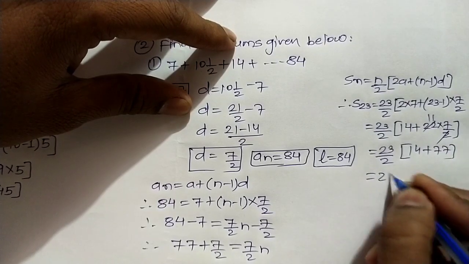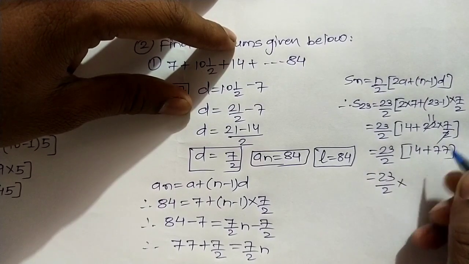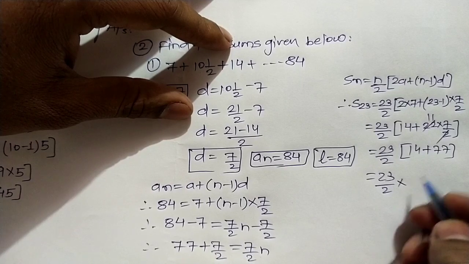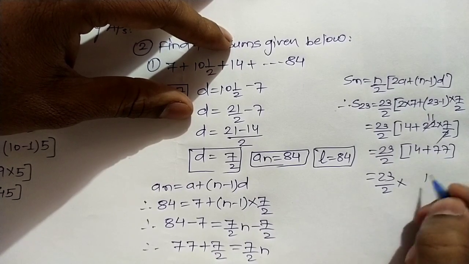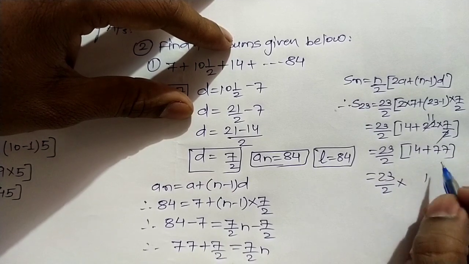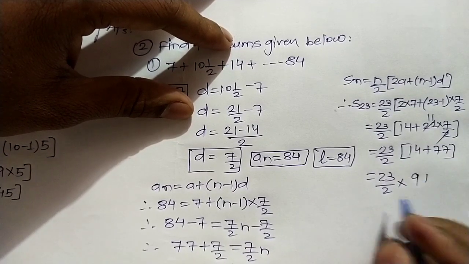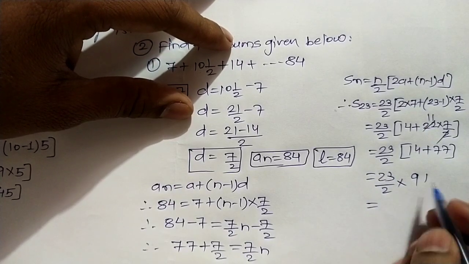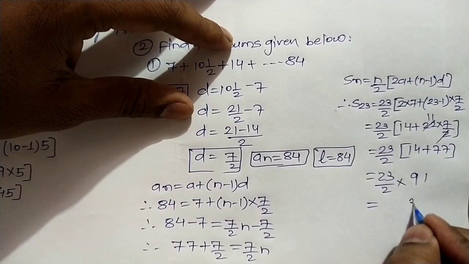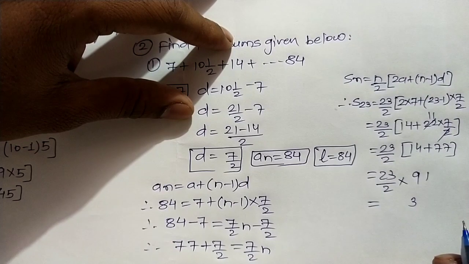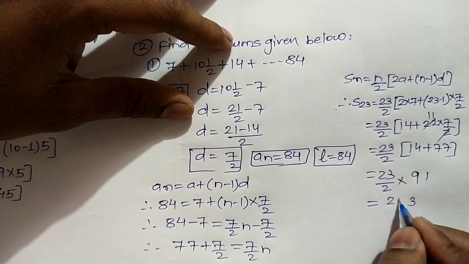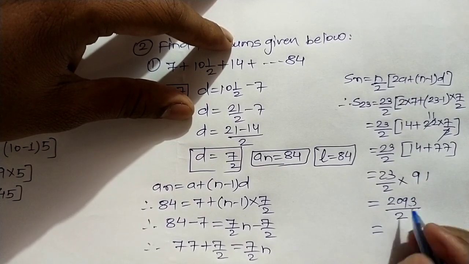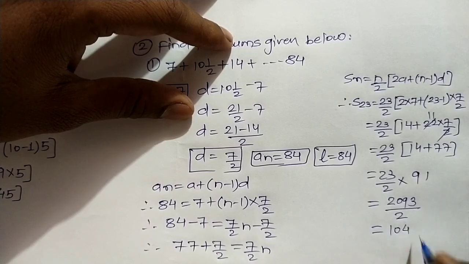Okay students, now 23 upon 2 multiply, here first we add the values, then we multiply 23 by 2. 4 plus 7 is 11, carry 1, 8, 91 into 23 upon 2, we get 23 ones are 23 and 23 nines are 207, plus 2, 209. Okay students, divide by 2, we get 1046